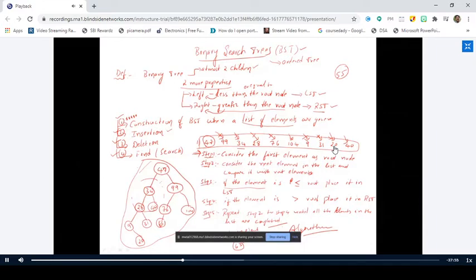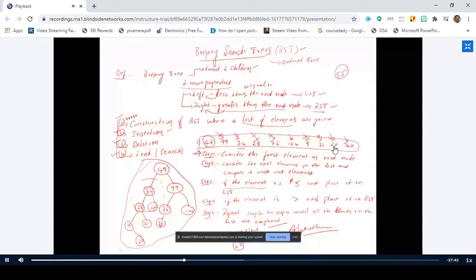It is greater than 47, so we go to 99 and compare with it. It is less than 99, so then we go to 76 and compare with it, and it is less than 76, so we go to 63 and compare with it. Here also 55 is less than 63, so we place 55 as the left child of 63, sir. So 55 should be placed as the left child of 63. Is it right? Yes, sir.